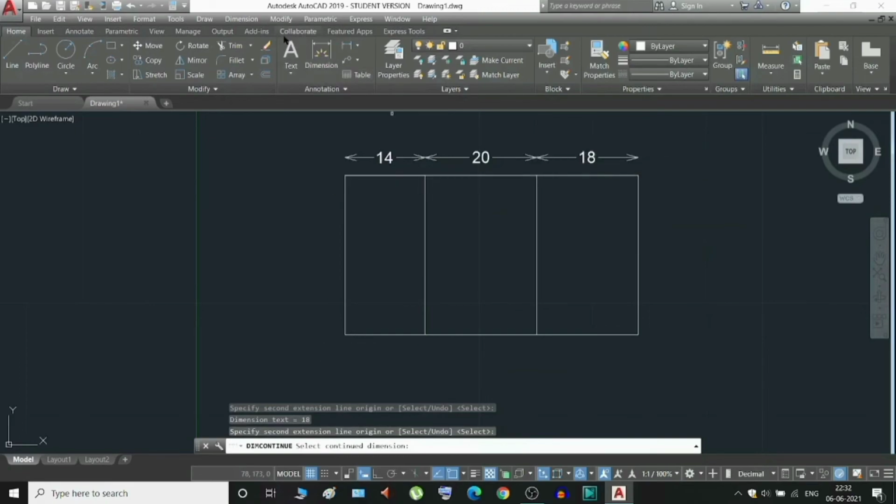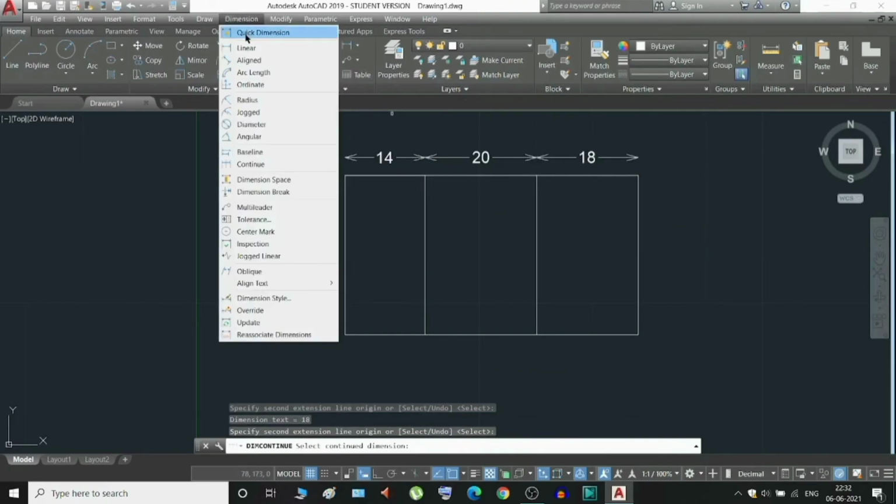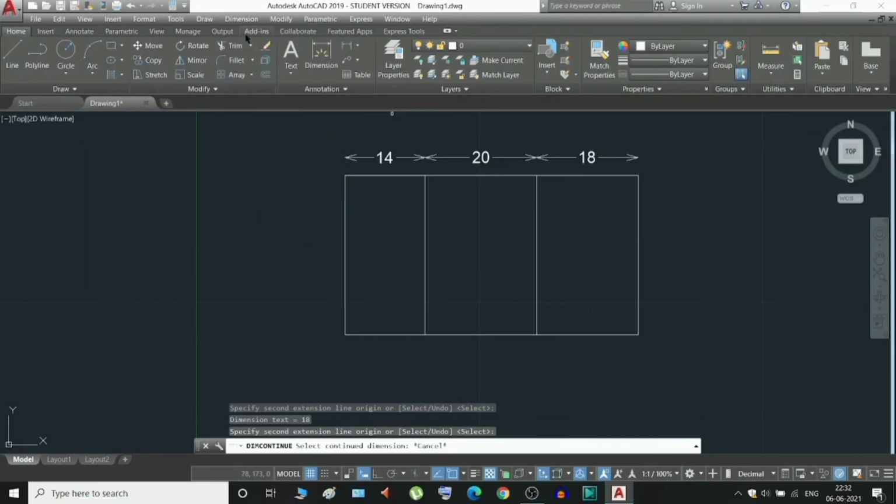There are other dimensions as well, like the quick dimension and so on. If you press quick dimension, then it will also show us the dimension.